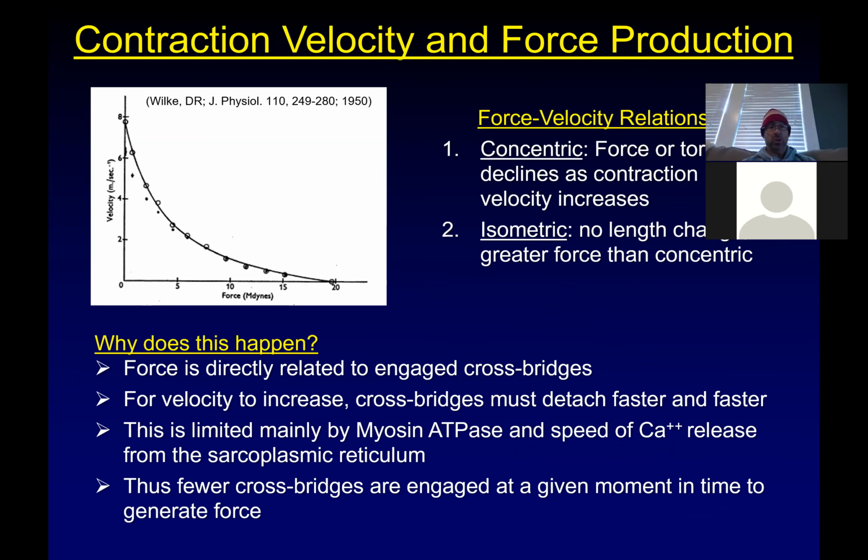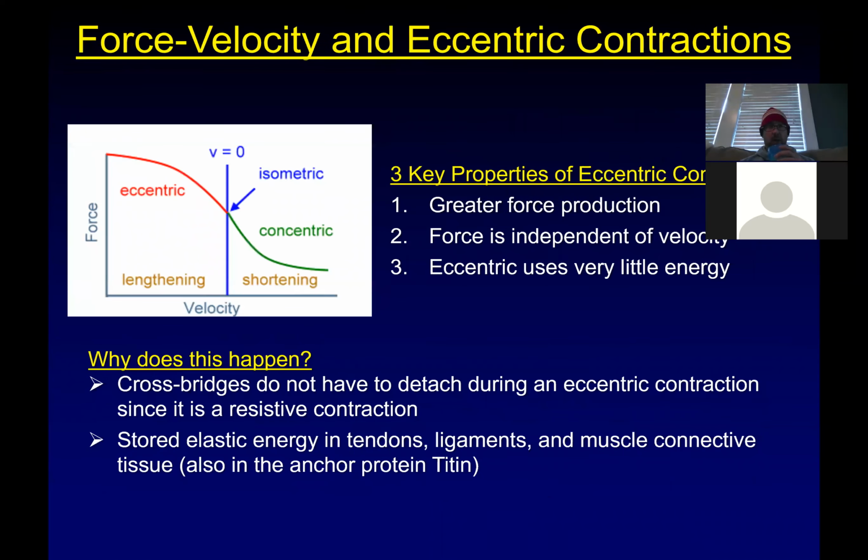Okay. So velocity influences force production by influencing the interactions of actin and myosin. To go fast, you've got to break those cross bridges apart. You have to use lots and lots of energy, and that means we're going to get less force production. So when you do things fast, you get less force and it costs you more energy. That's a very inefficient use of getting force from an energy production standpoint. Okay. Now,